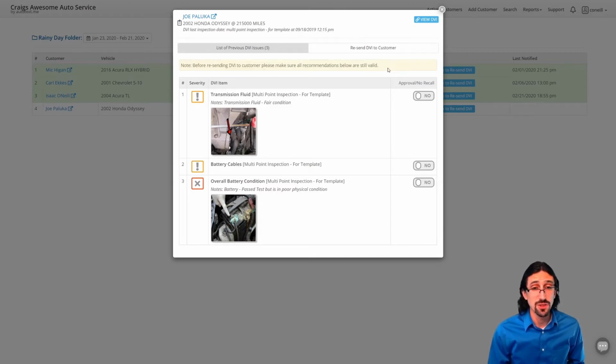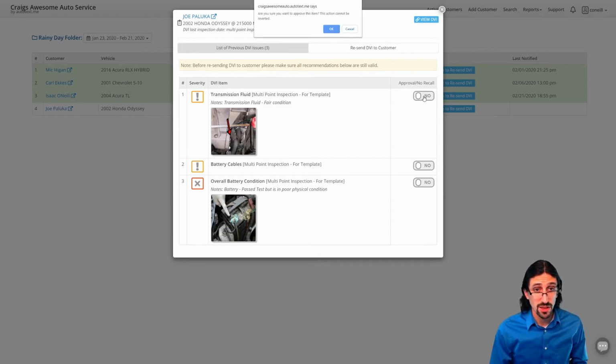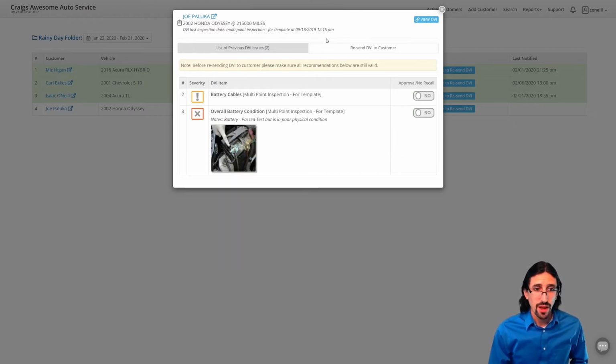This is easy to do. If you look over your records and you identify the fact that you've already done a transmission fluid service on this vehicle in the previous visit, we can go ahead and hit the toggle here. It'll ask you if you're sure this is an irreversible action. I'm going to say okay. And now the only outstanding items on this vehicle that remain for Joe Palooka's Honda Odyssey is the outstanding condition